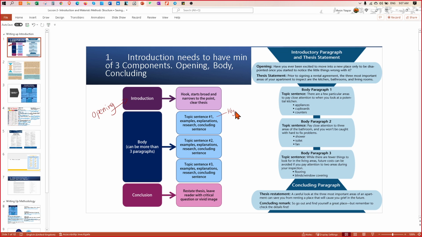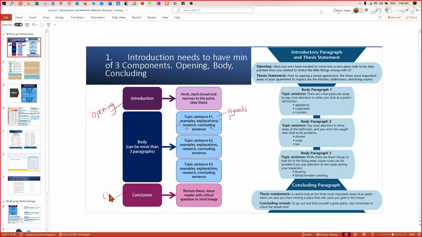Okay, so it's very helpful to list down the keywords first. Maybe about five keywords or so, and you want to include some examples, explanation, maybe some previous research or statement to support it, and a quick conclusion just about this topic sentence. Okay, and then you do the same for the coming paragraph, which talks about the second topic sentence and also the third topic sentence.